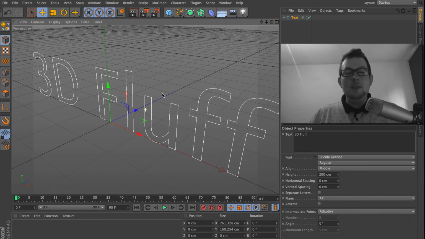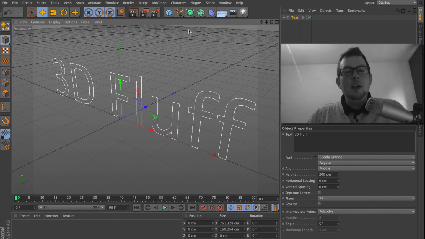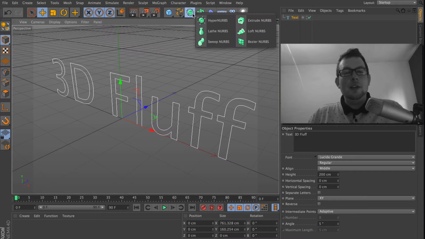Okay, there's my text. I want it to be a 3D object. How do I do this? Well, go over to your next icon here. These green objects. These are your NURBs. NURBs predominantly, there's a couple of odd ones out, but they predominantly take a spline object and turn it into a 3D item. So, if I take my 3D fluff spline and I drop it inside an extrude NURBs,